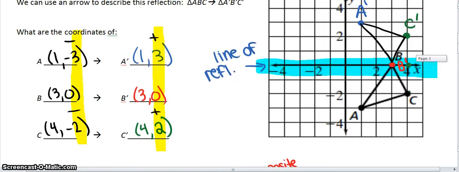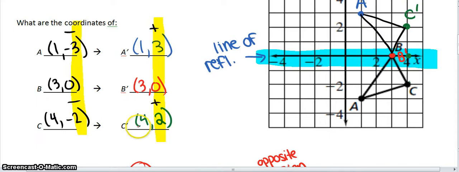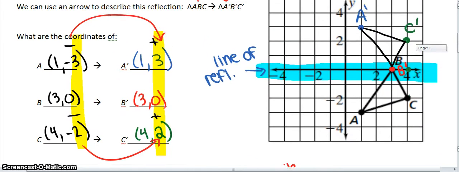So if our original coordinate was -2, our new coordinate is going to be the opposite. It's going to be +2. If our original coordinate was -3, our y-coordinate is now going to be the opposite. It's going to be +3. And the reason is that you're really reflecting vertically. So I'm really changing the vertical distance of my coordinate from positive to negative, because I'm reflecting over the